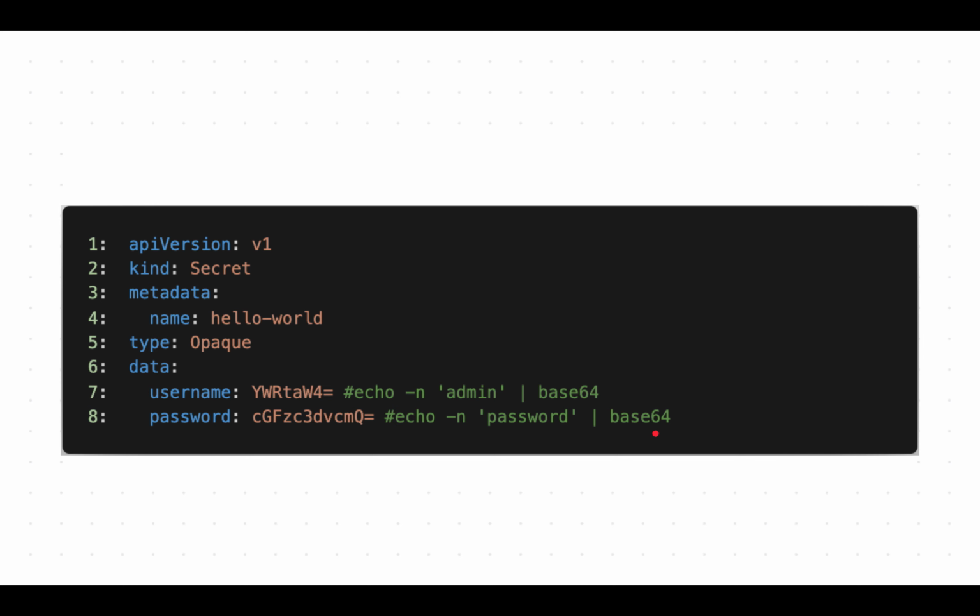As much as this encoding is safe, since it's general knowledge how it is encoded and it can easily be decoded by anyone, it's not advisable to commit this to version control.